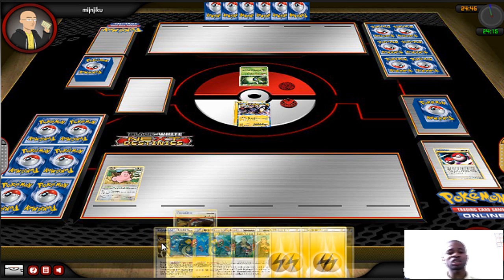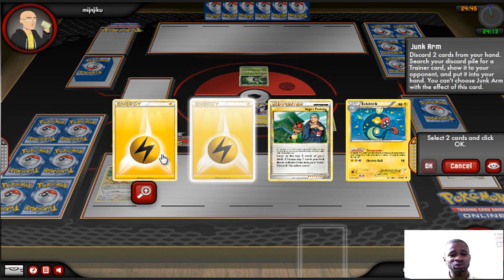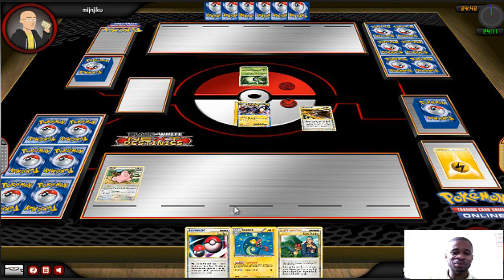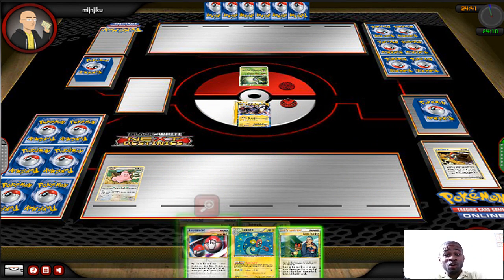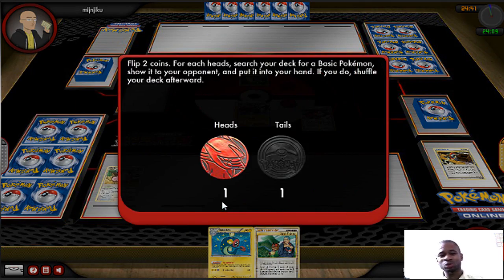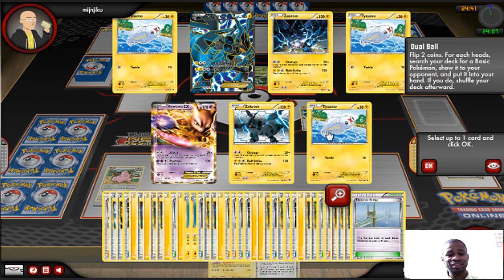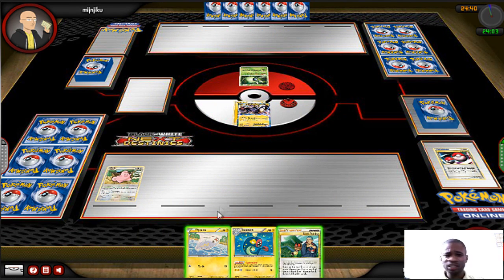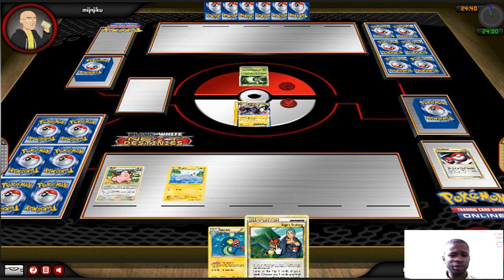I think I'm going to play the Junk Arm, debating whether I want to discard 2 electric energies that I have in my hand, which I do. And then afterwards, I'm just going to play, I get a Dual Ball. And then afterwards, I'm going to play Dual Ball again. Get a Tynamo this time since I have electric in my hand, which is great. I can start attaching energies. As long as I got one heads, it was pretty great. And then play